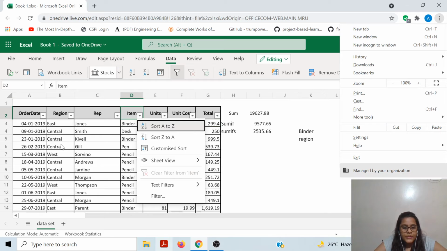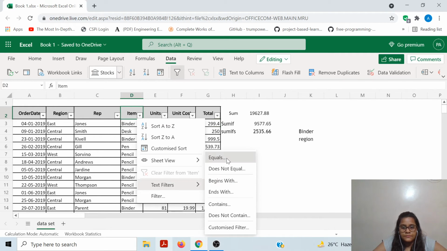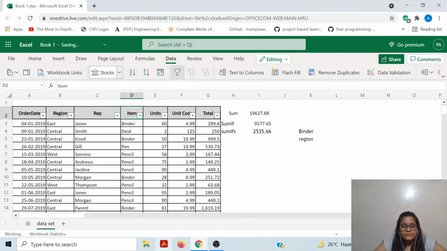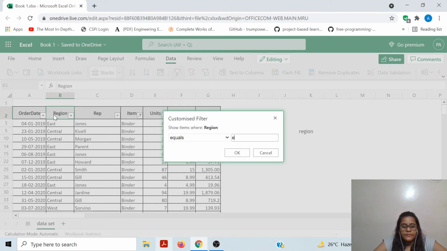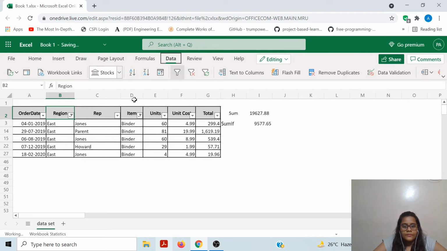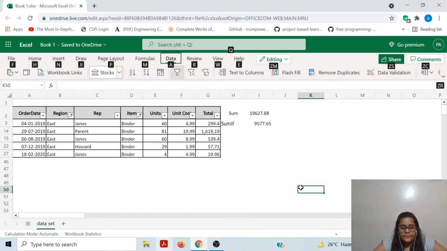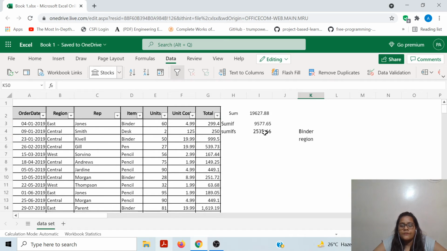So let us see whether our answer is correct. So the total binder sold in East is 2535. And we also got the answer 2535.